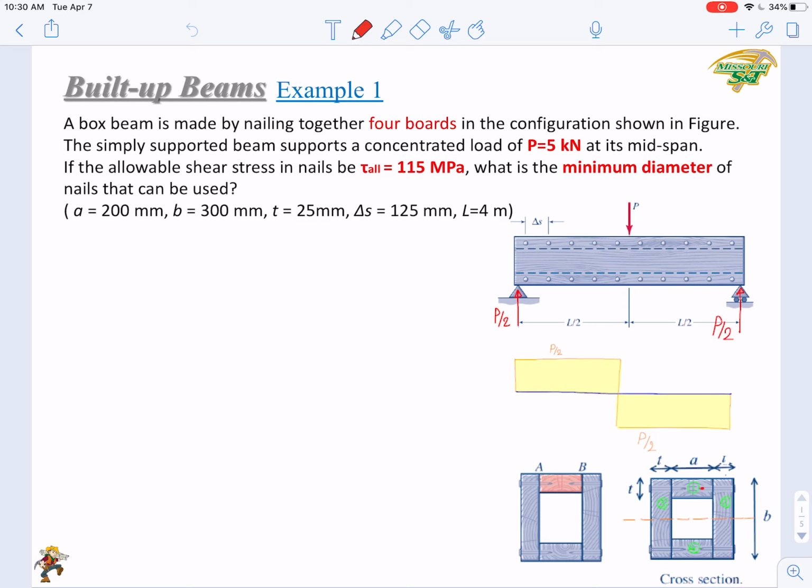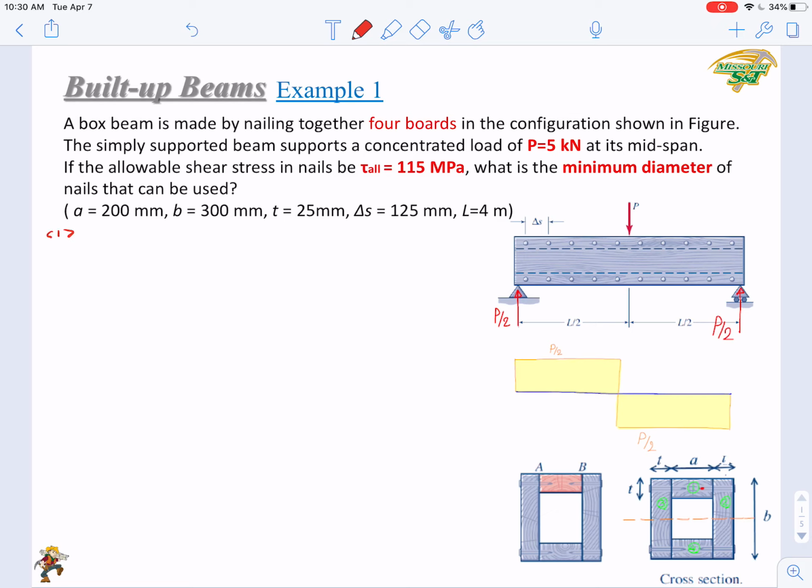The dimensions A, B, T, delta S and L have been given, right? So here it's a typical design problem. We can just follow the 5 steps to find the answer. Okay, so in the first step,